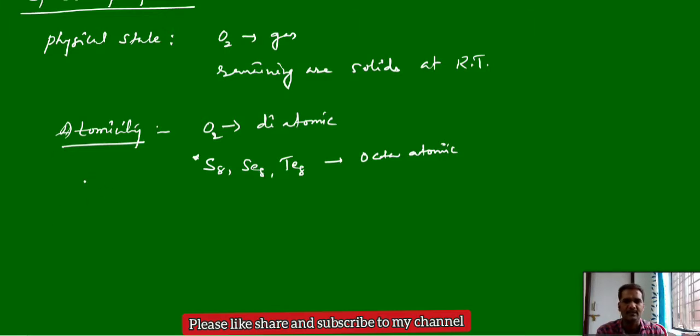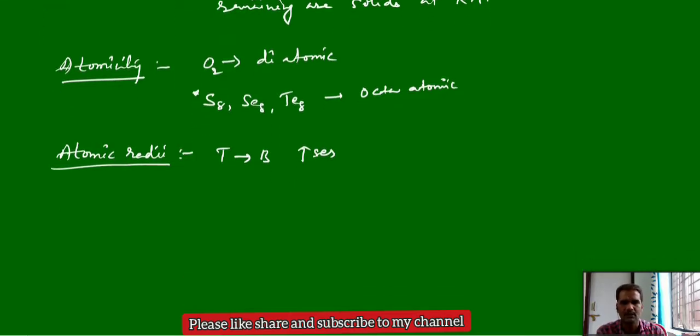Now there are some physical and periodic trends of these group elements, how they change from top to bottom. First one, atomic radii. This is a common trend. Atomic radii generally increase from top to bottom. In very few groups we can see exceptions, but here there is no exception. In the 16th group, atomic radii increase from top to bottom. In the 13th group, boron, aluminum, gallium, we can see some exception, but in most cases atomic radius increases from top to bottom.